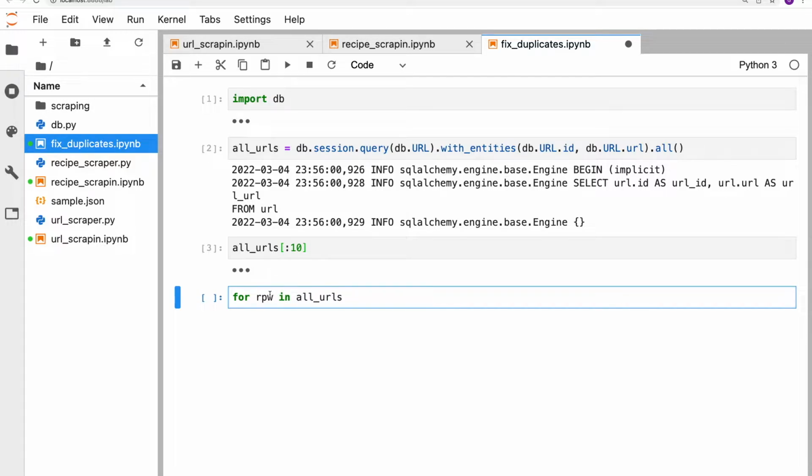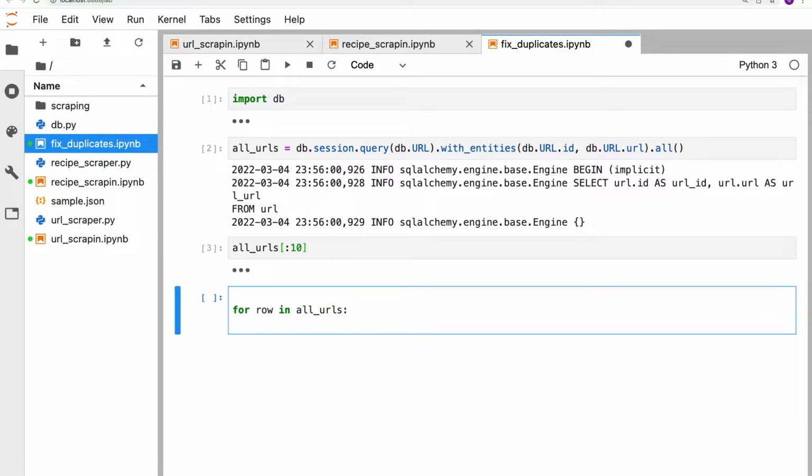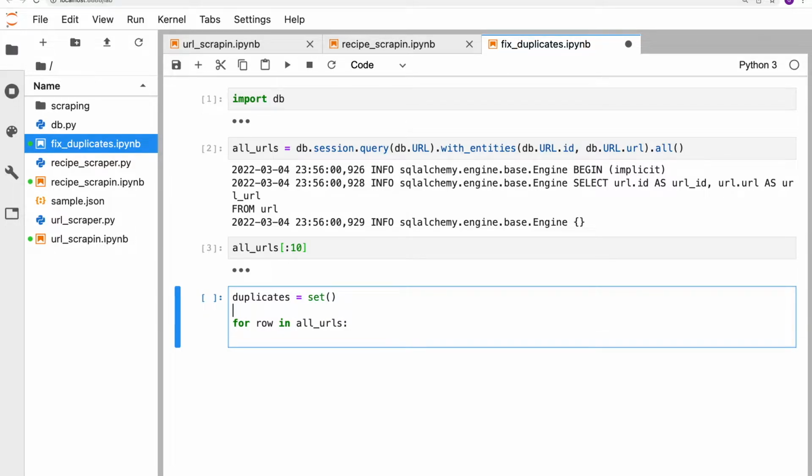Actually, let's call it a row in all URLs. There might be a faster or better way to do this, but this is easy, and it's really easy to follow what's happening. So we're going to have a set of duplicates and a set of distinct, I guess. And then for row in all URLs,